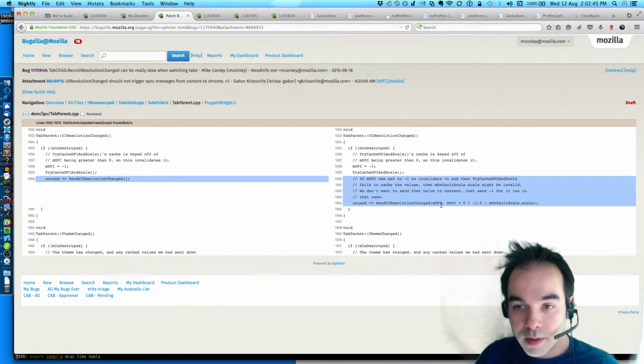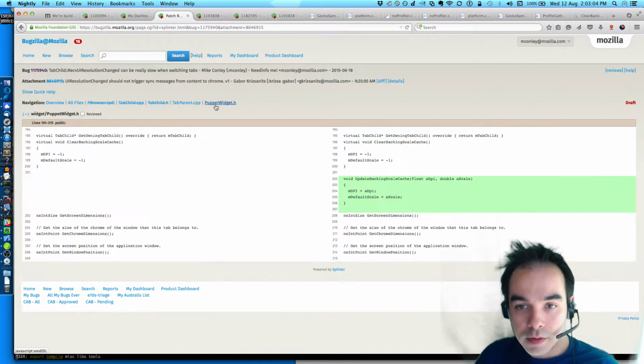So that'd be mDPI. If it's less than 0, then return the -1.0. Default scale.